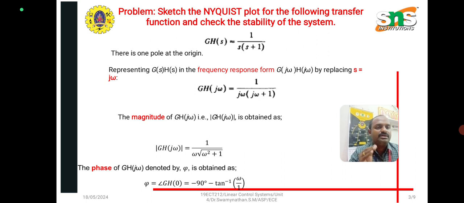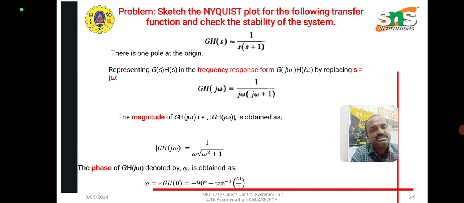So the things remembered for the control system: first, the t domain is converted into s domain using the Laplace transform. Again, the s domain is converted into frequency domain using the substitution s is equal to j omega. Then you can find the magnitude, the modulus of G H of j omega, as 1 divided by omega